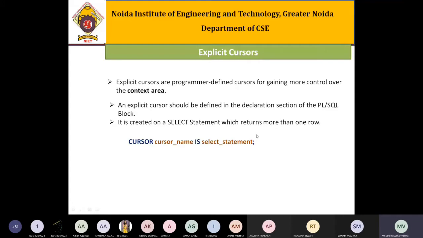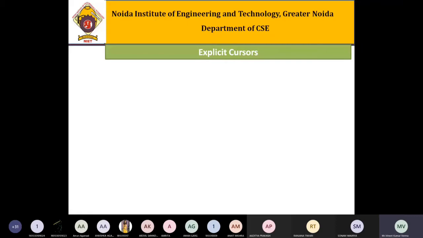So how can we use this explicit cursor, and what are the advantages of the explicit cursor? So you can see explicit cursors are user defined, hence they give you more programmatic control over your program, which an implicit cursor cannot do, right? It is an automatically created cursor. But in case of the explicit cursor, it is created by the programmer.